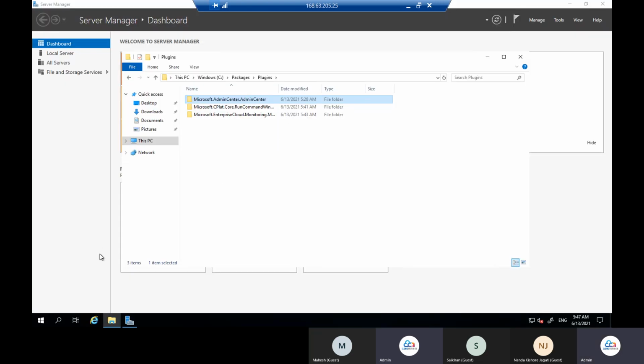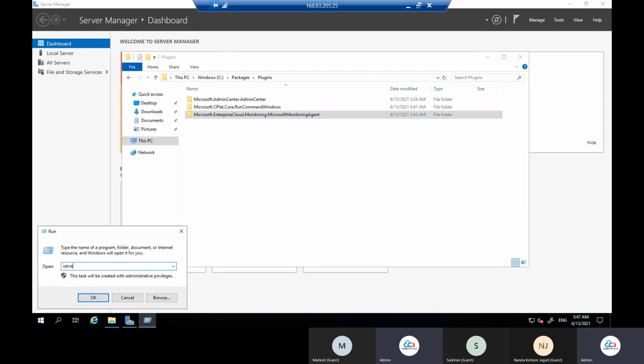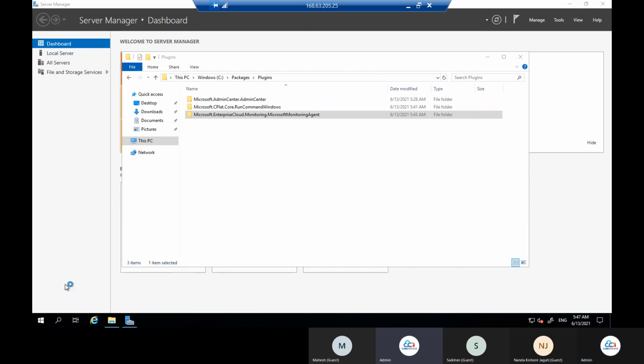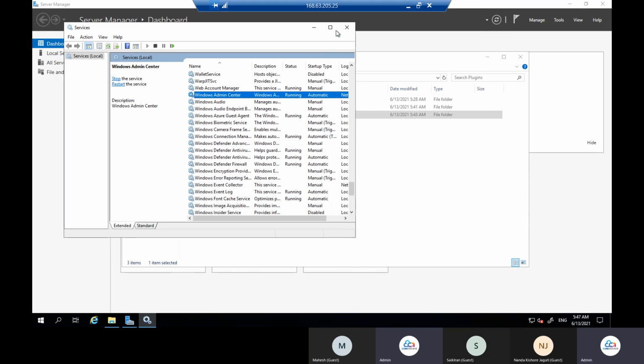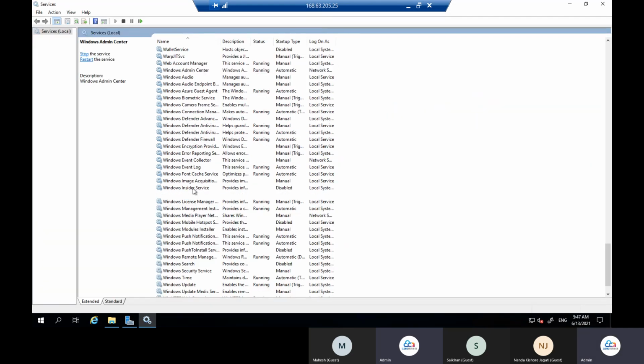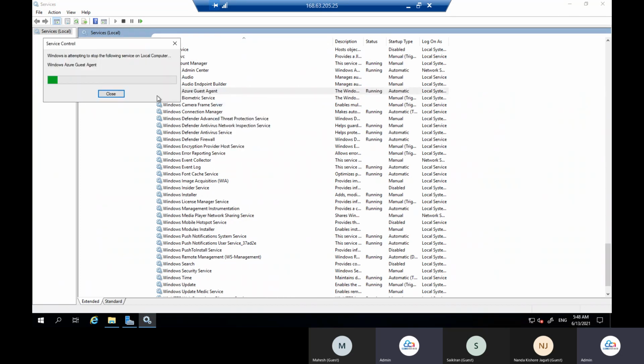So I'll try to show you. When we tried a run command, are you seeing this run command window? This is actually referring to the monitoring service. Let's go and see services.msc. What is the agent service that I am referring to? Windows Azure agent something. So this is the guest agent I was referring to. Let's say I stop this guest agent,